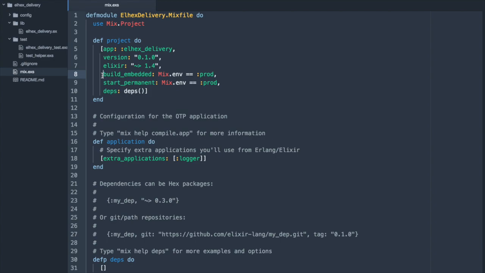Build embedded option is going to be true in production. What it means is that all the code that's necessary to run our application is going to be included in the compilation. In test and development, it's more convenient to link to some things that exist locally, rather than include them in the compilation every time. Start permanent option is also only going to be true in production. It means that when our supervision tree gets shut down, the virtual machine will crash, which won't be convenient in